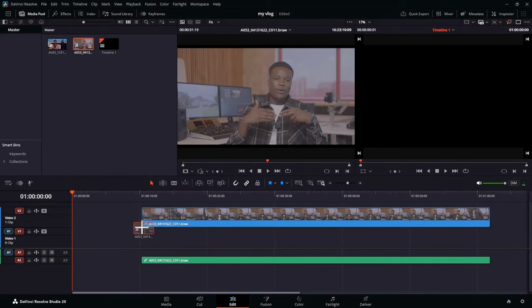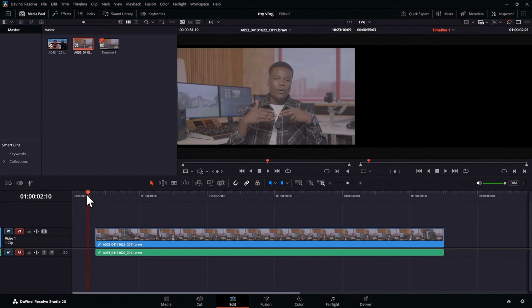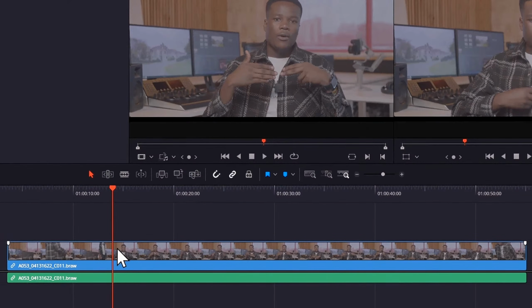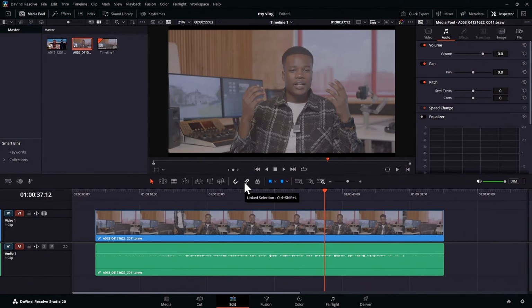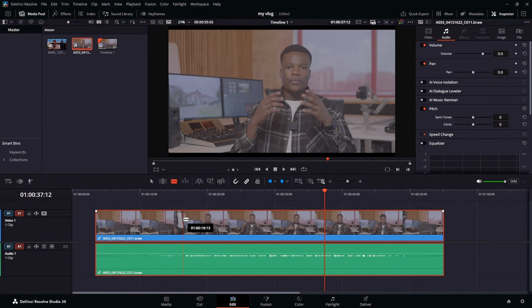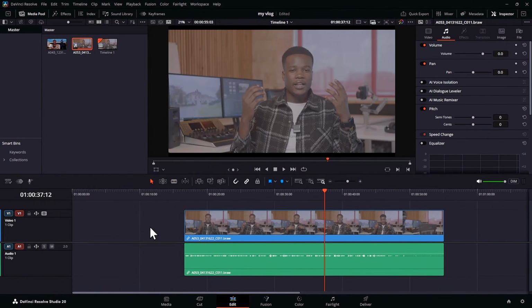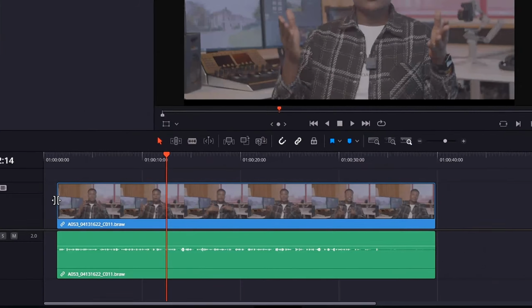To start editing, drag your first clip onto the timeline. You don't have to place it right at the beginning. You can leave a bit of space in case you want to add something before later. On your timeline, the video is in blue and the audio is in green. You can press the spacebar to play your clips or move the playhead manually. If you want to make cuts, turn on linked selection so your video and audio stay together. Then select the blade tool or press B on your keyboard, click where you want to cut, and delete the unwanted parts. When you are done cutting, switch back to the selection tool so you don't accidentally slice your footage. You can also trim your clips by dragging